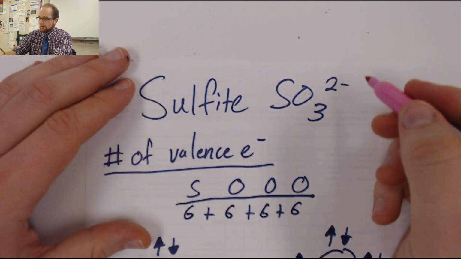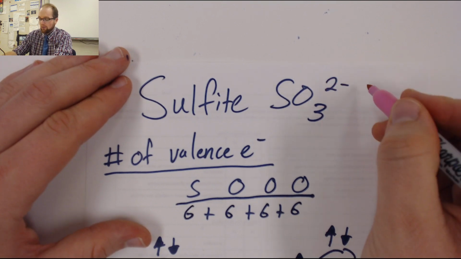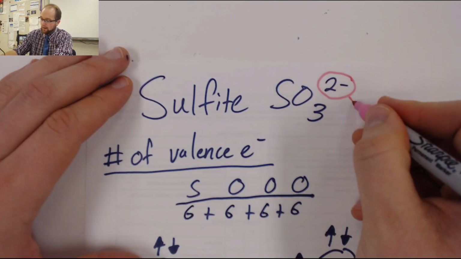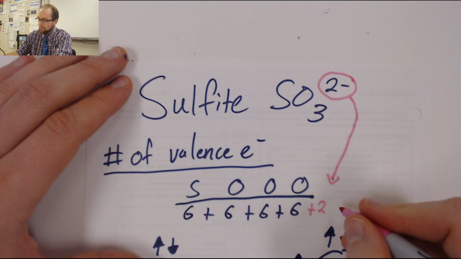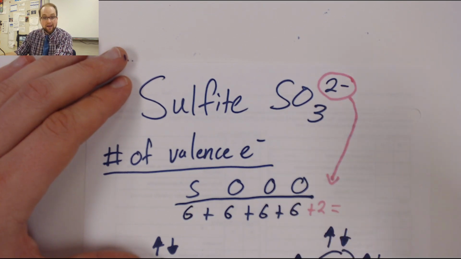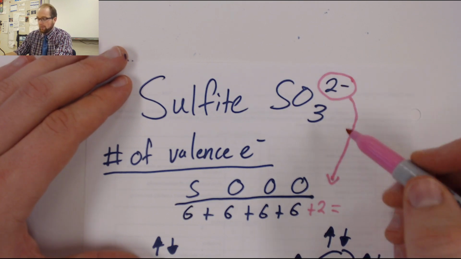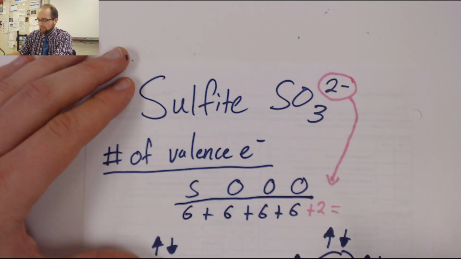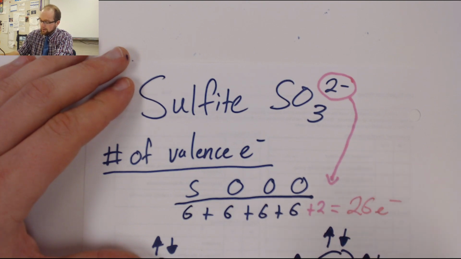However, because we are dealing with an ion, this guy has a 2 minus charge. It has 2 more minuses than it would normally have. Hey, minuses. Electrons are minuses. So this minus 2 tells me that I need to make sure I'm adding 2 extra electrons to my overall charge. If this was a minus 3, I'd be adding 3. If it was a positive 2, I would be taking away those electrons because positives would mean I have more protons. But we're going to go ahead and add 2 electrons for our minus 2. So our total number of electrons is going to be 24 plus 2, 26 electrons that need to be represented